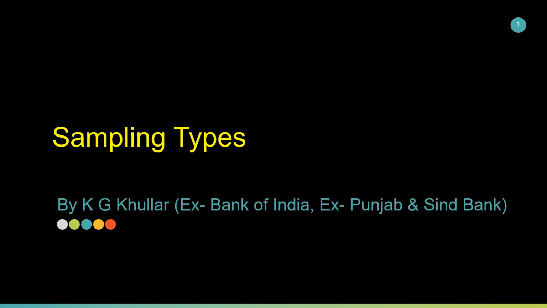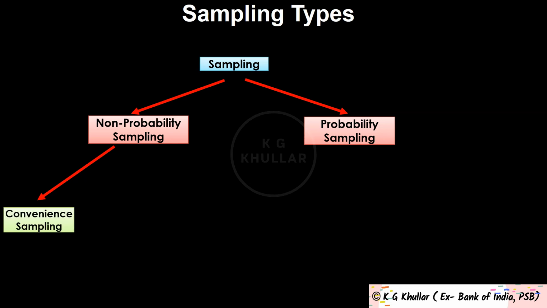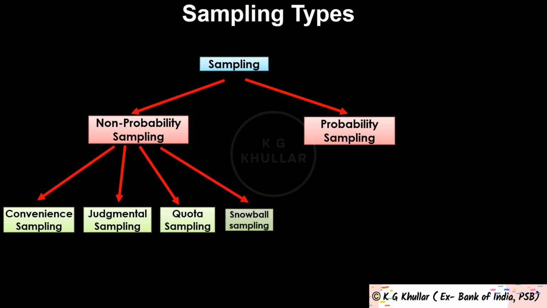Now in this lecture we will look at different sampling types. So broadly, sampling techniques are divided into two types. First one is non-probability sampling techniques and second one is probability sampling techniques. Now non-probability sampling techniques are further divided into four types. First one is convenience sampling, then second is judgmental sampling, then third one is quota sampling, and last one is